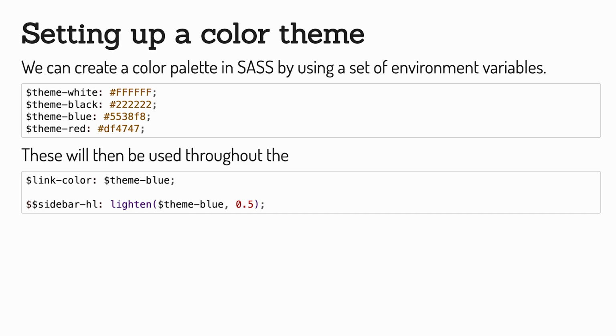Once we've selected the colors we want, I like to create a color palette. So the way I create it is I do it as a set of variables, and all the variables are prefixed with theme dash. This way I know what they are when I use them, and I give them very human readable names. So it might be a very specific shade of blue, but I just call it blue. And if there's multiple blues, you need like a light blue and a dark blue or something like that. But you shouldn't be too specific because it's the general idea of blue you're using here. And then we can use it throughout with the lighten and darken function if we need some slight variations of it.